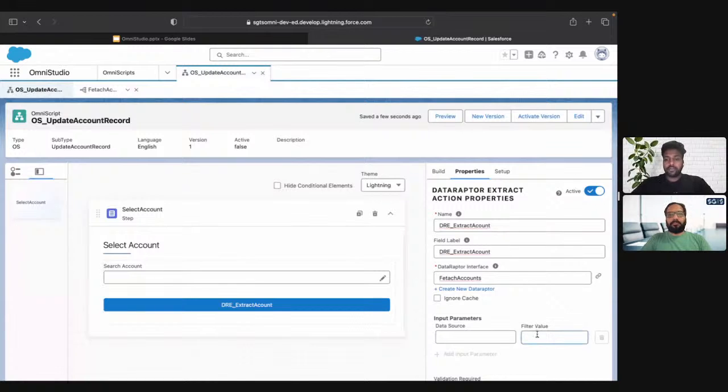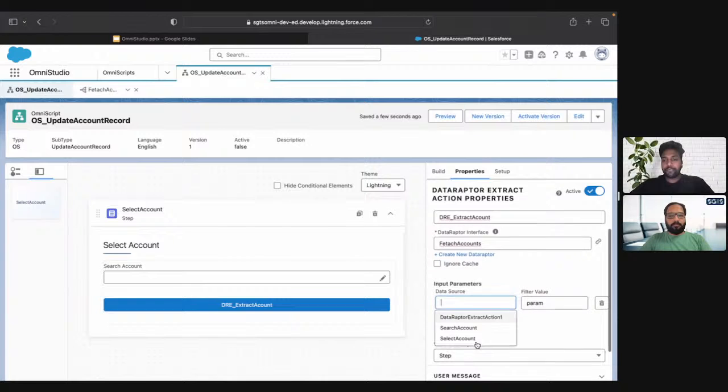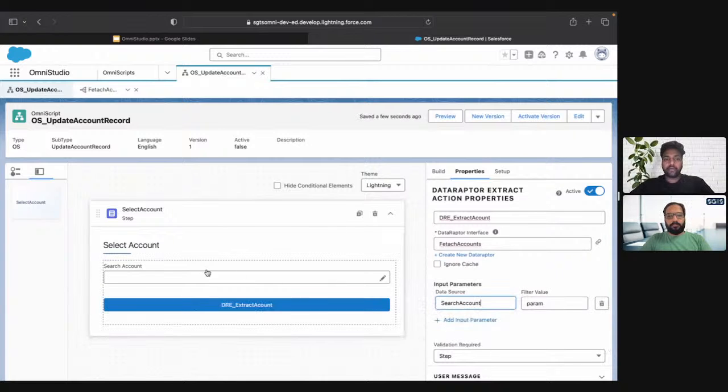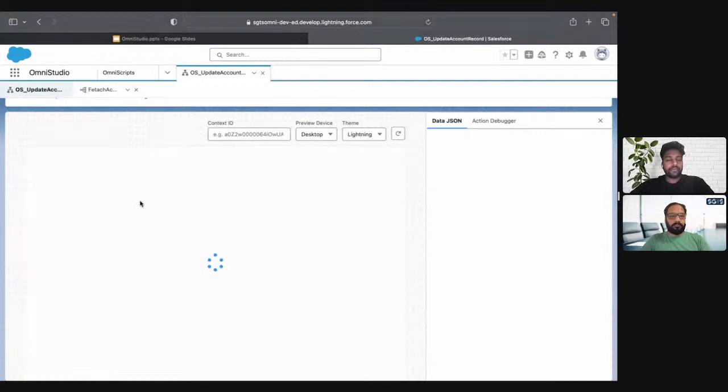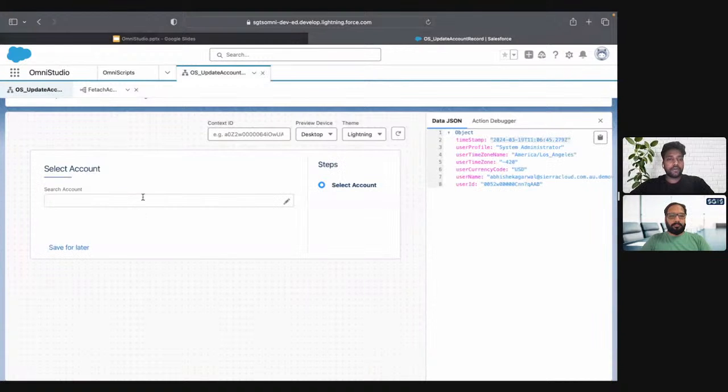So this will be param, and here we're gonna pass the search account. So whatever we will type into the type ahead block, that will get passed to your data record. So till this part we have already done in the last session. If we go to preview and just test it out, we can do that as well. So let's say I'm gonna search for